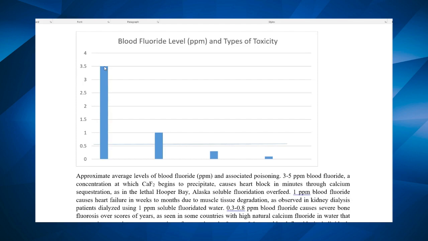You have tons of calcium that has to rush in there during the plateau phase of the cardiac action potential. Fluoride at 3 parts per million in the blood, good luck. And that's been confirmed in vitro studies with intact beating hearts. Put fluoride in there, it's done at that level. Now, what happens at 1 part per million in the blood? Well, now you have a different type of toxicity.